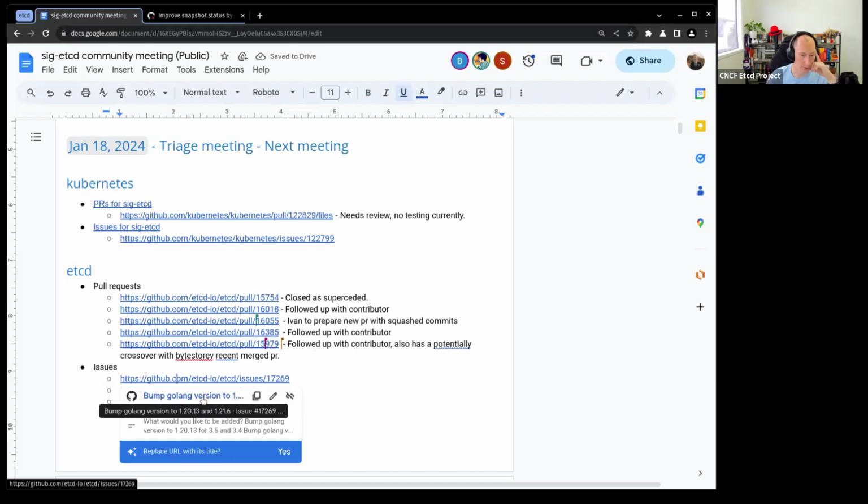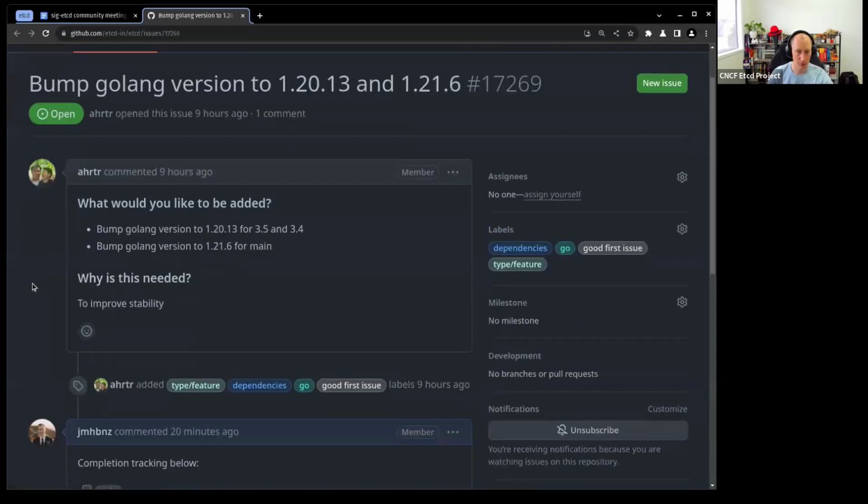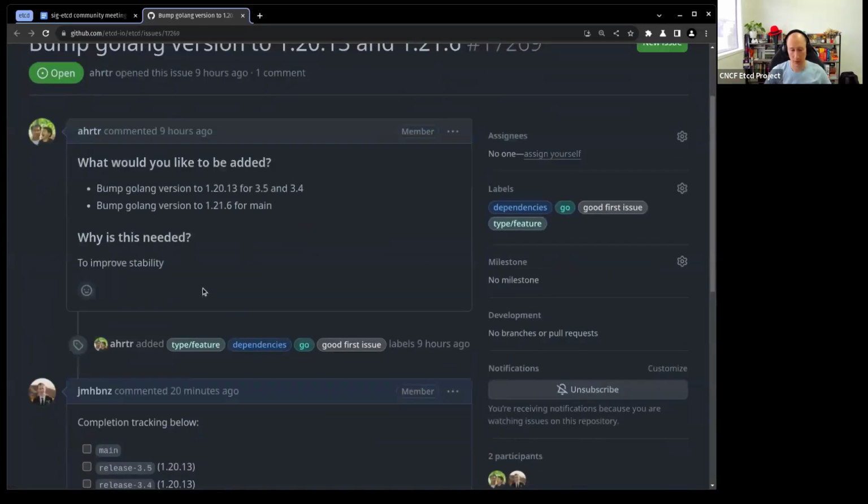All right, on to issues. And first one out of the gate, Benjamin has raised this morning or earlier today. Thank you, Benjamin. So there is a new Golang version out, team. So we've got 1.21.6 and 1.20.13. And these changes are very straightforward.